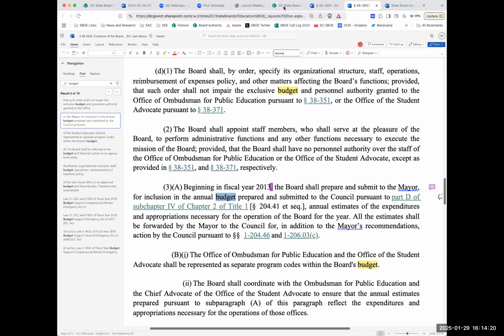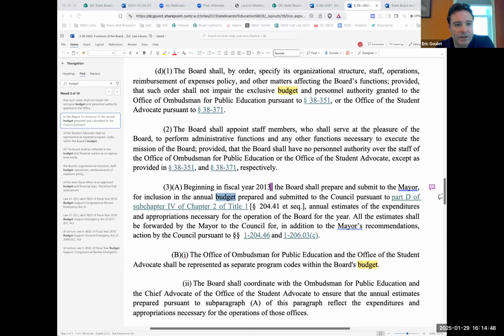Yes. Okay. So on this, it's silent on whether we have to participate in the mark process. This is just requiring us to transmit our proposed budget to the executive branch. Typically, if they do assign a mark, we have sent that mark, but then we've sent what our full request is as well. And I think it's important that we do submit a budget, which is what this requires, because the mayor has the exclusive authority to propose a budget in the district under the home rule charter. So it makes sense for us to be required to send a budget to the mayor because it's got to be incorporated into the budget.